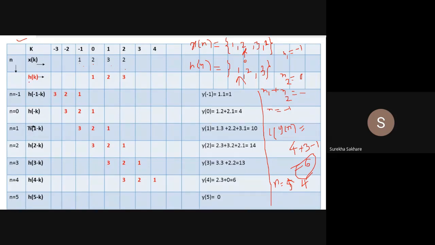Now, the first step is the conversion of n to k. These are my n values, which I will start. I have started from -1, 0, 1, 2, 3, and 4. Right? Now, let us observe things. h[k] I have written. Now I am going to fold h[k] about this. This is my 0. So what should I do? I will just shift it. If I am folding it like this, what happens? At -1, at 0 I will have,